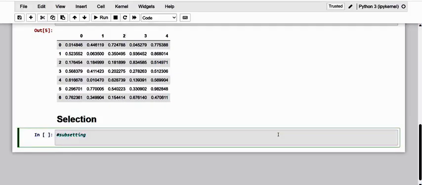Therefore, the selection involves the extraction or the focus of a subset of a data frame, a part of the data of our interest, on which we will then perform some operations or manipulations for our data analysis.